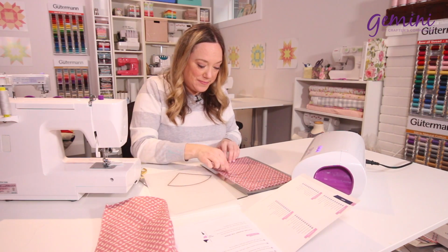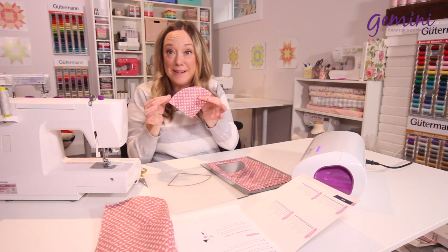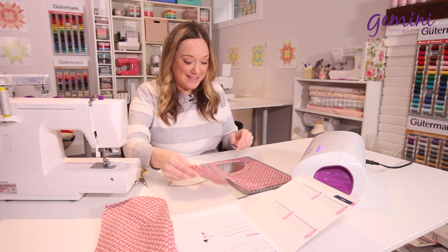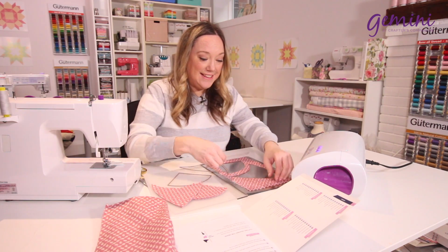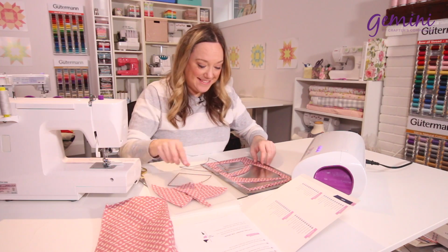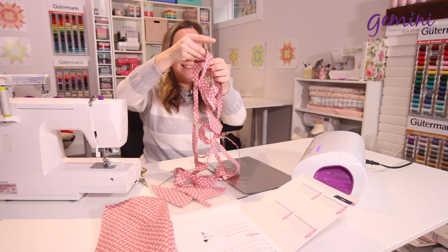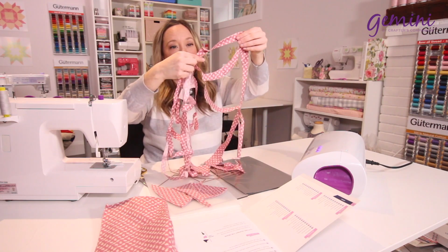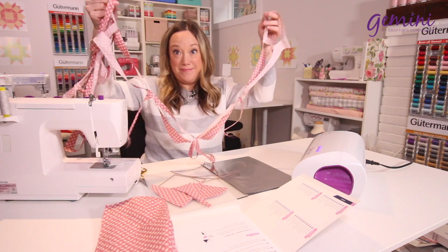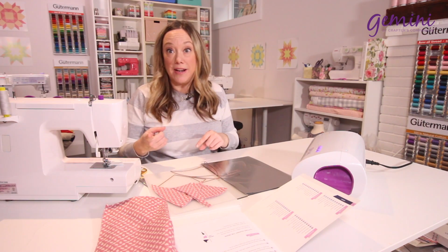And there we see 8 perfect curves all at once. And another 8, and another 8. And such little waste. Look at this. Pretty cool, huh? And I want to do the exact same cut in a corresponding fabric because we're going to